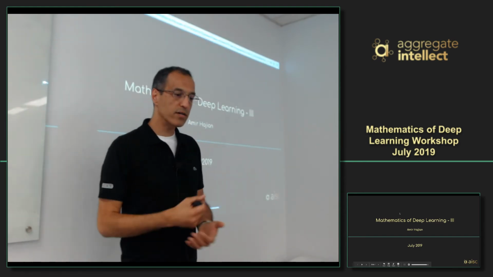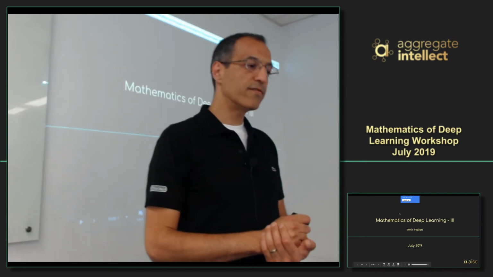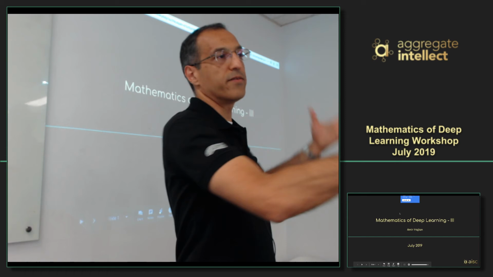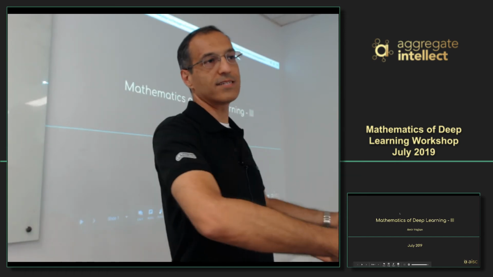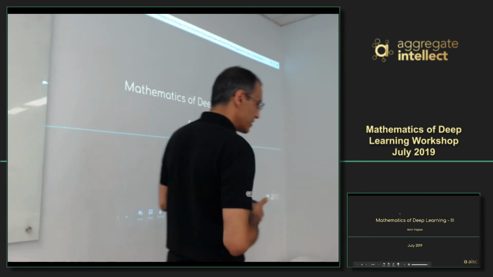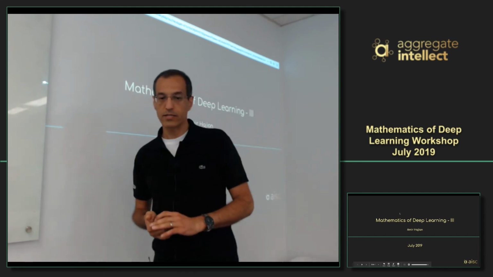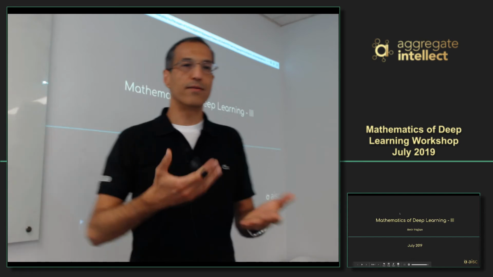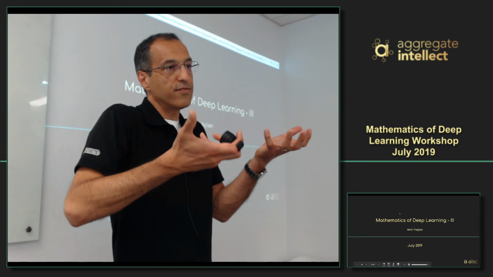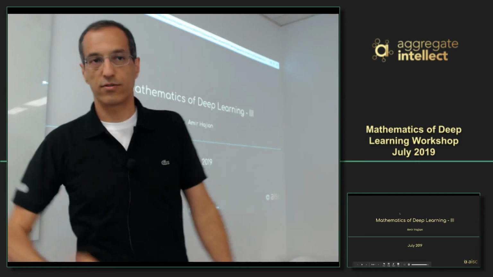Then we talked about the mathematics of extracting information from data. We did it last time. We saw how doing convolution and building convolutional neural networks are built on top of layers that will help us extract information from data